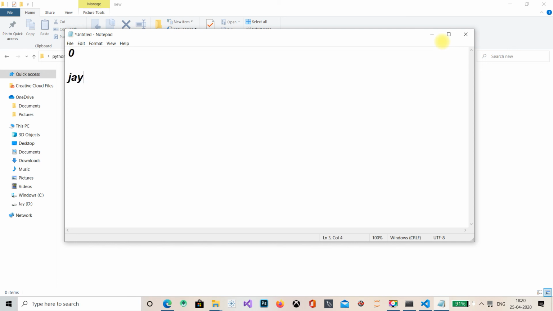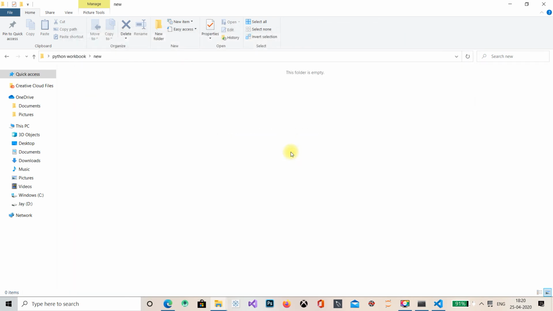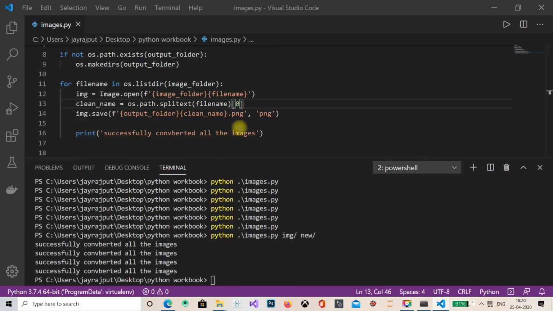So when I split the thing, I'm getting j and jpg. I need to number the tuple. So what we are going to do is 0, add 0. So it won't print jpg, it will print j.png. I guess this can work, I'm thinking so, it should work.